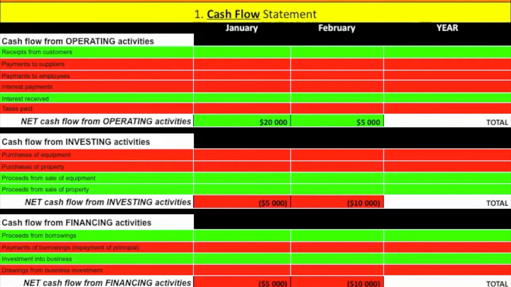Now, if you started the month with $10,000, which is the cash at the beginning of the period there, if you started with 10 grand and you subtracted $15,000, obviously the cash at the end of the period is going to be negative $5,000. That means that you're going to struggle in that month, which means that you probably need to start looking at things like short-term finance, things like that, because you need to make sure that your business can keep functioning in March without having to say to the employees, hey, can you work for free? Because that's how